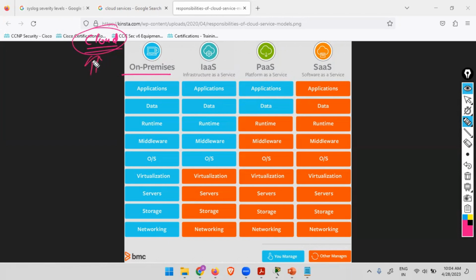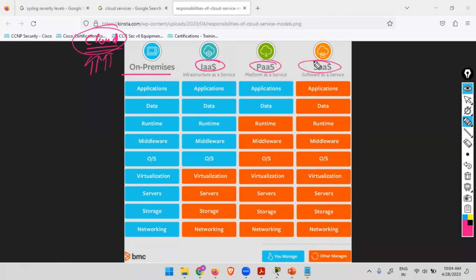So what they will do is move to the cloud. Okay. In the cloud, what happens? They don't have to worry about anything. They don't have to worry about buying hardware, the maintenance of the hardware, or the security of the hardware. All the things are taken care of by a cloud provider, like Amazon AWS, Microsoft Azure, Google Cloud Platform. Now, cloud services are given in three ways: infrastructure as a service, platform as a service,